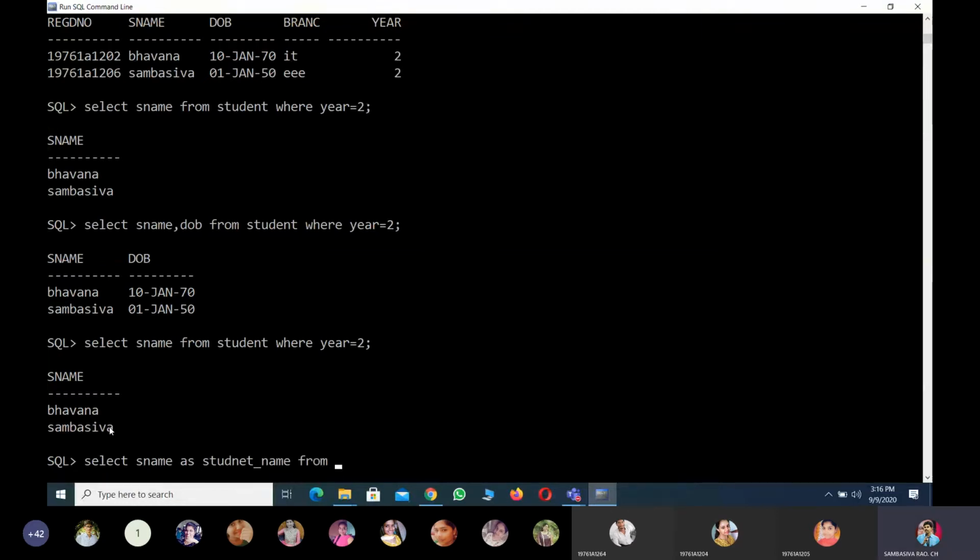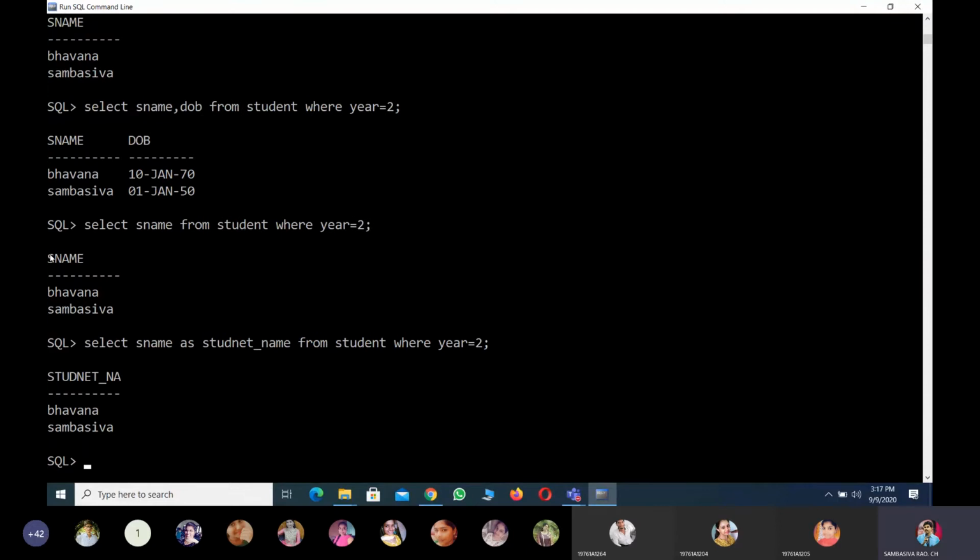from table student where year is equal to 2, whose year belongs to year 2. So those student names I am representing; I am only changing the printing style. As means alias names. This alias name is only for printing style. S name is treated as a student name. So instead of printing the column name, it will print the alias name. Alias names also support only a particular character range. The S name supports 10 characters right now.